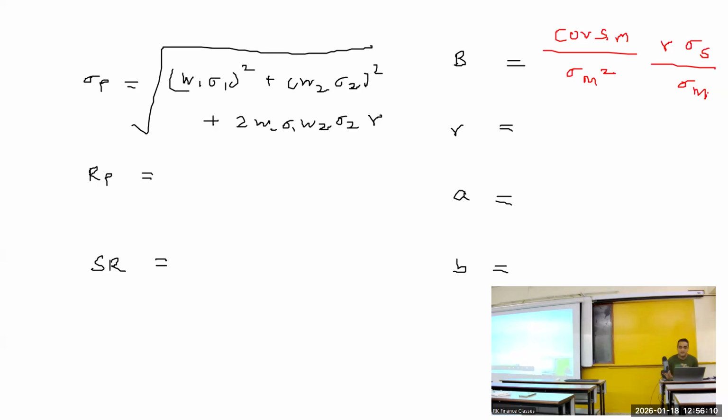It will be easy, Kaushal. Return of portfolio: W1 R1 plus W2 R2. Okay. Formula for B,